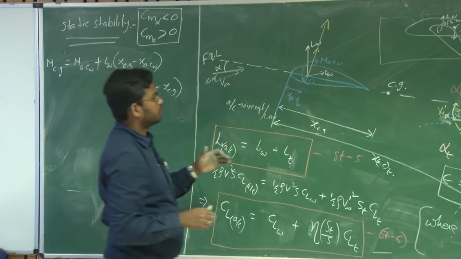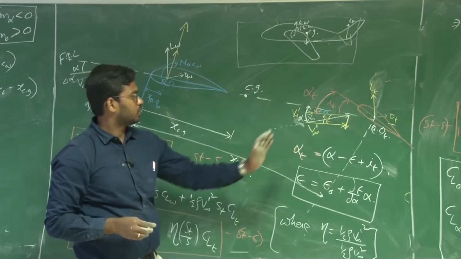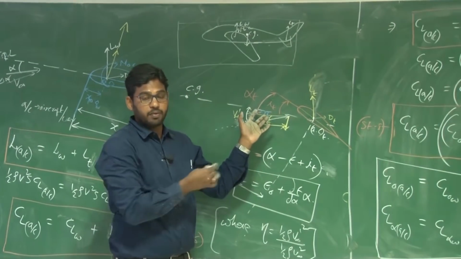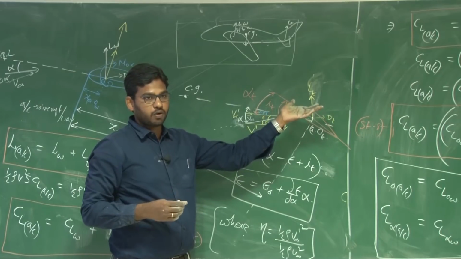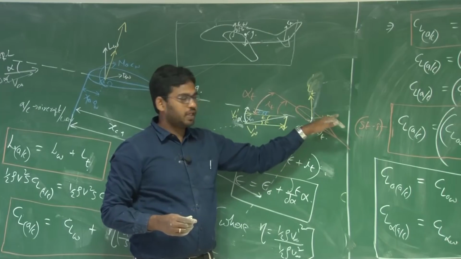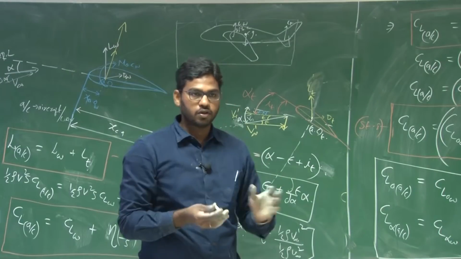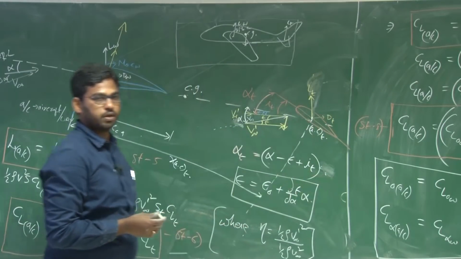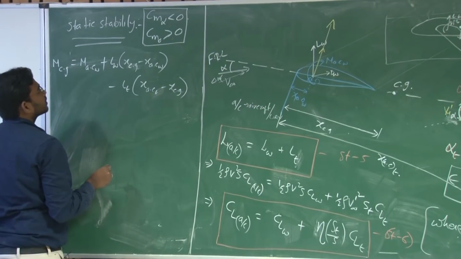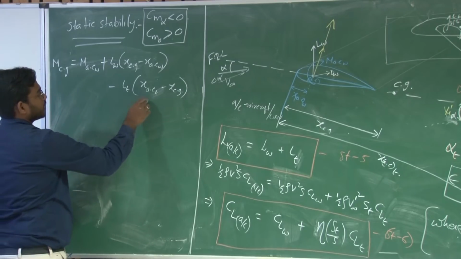Am I correct? Why? Because about CG, this lift of tail is giving you a negative moment. So L of T cos of epsilon minus alpha, or alpha minus epsilon, which is a small quantity, so it will be L of T cos alpha, and D into the angle alpha minus epsilon is further small. So we neglected the drag contribution. So L of wing into XCG minus XAC minus L of T into XAC of tail minus XCG here.